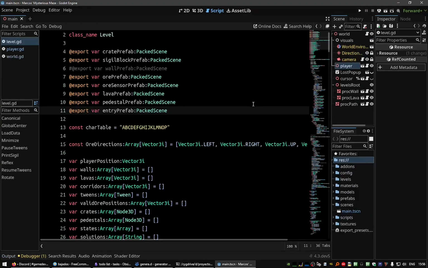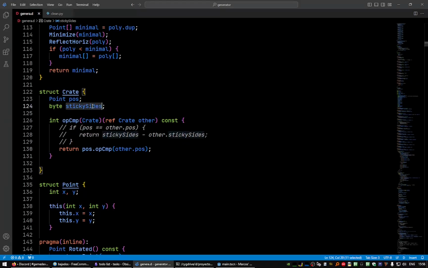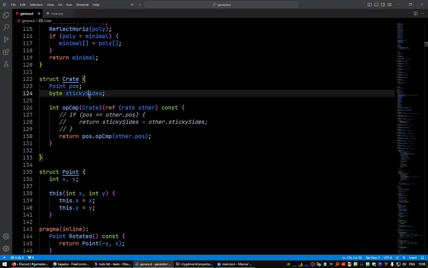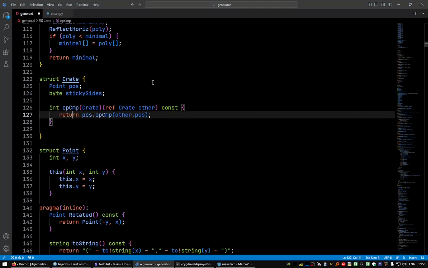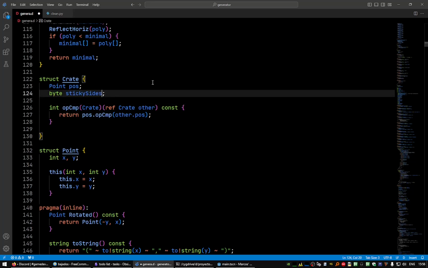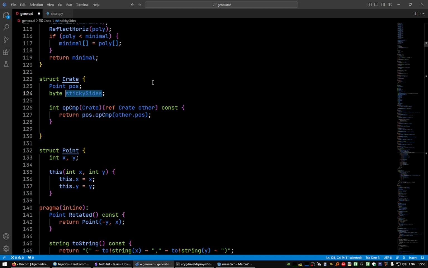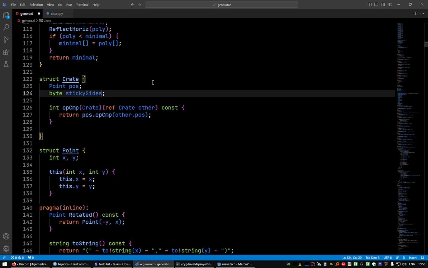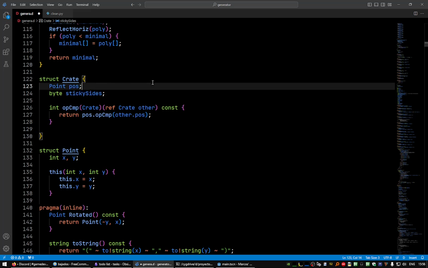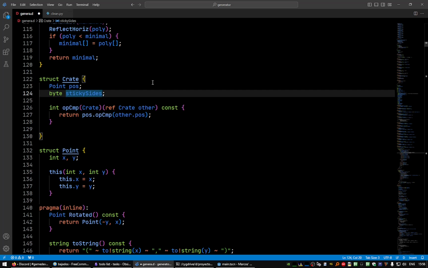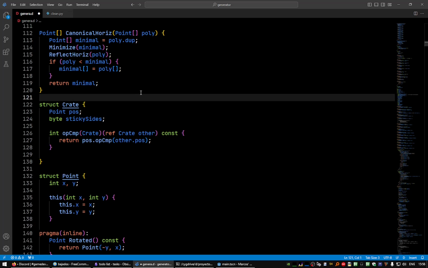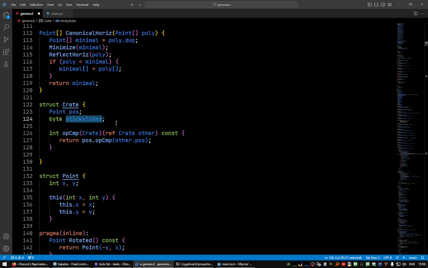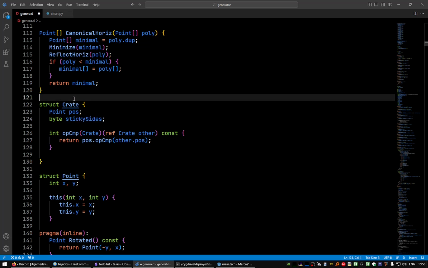But if I add more kinds of boxes, instead of using these sticky sides, this variable, which before held 1 bit for each side of the box when the crates had the possibility of being sticky only on certain sides, but now I remove that, so sticky should be a